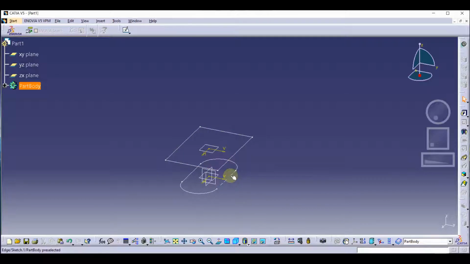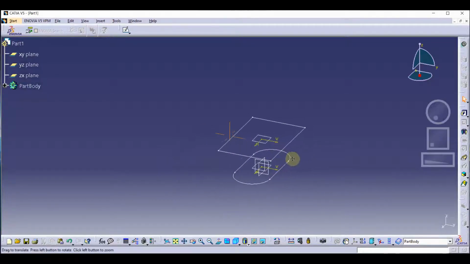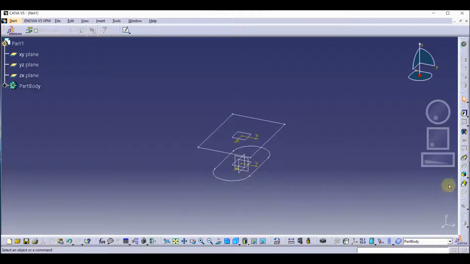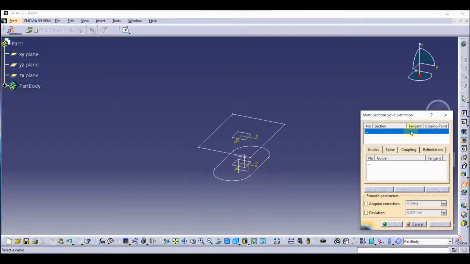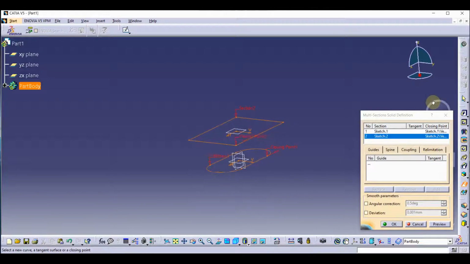Okay, now let's use the multi-section tool. As you can see the window has been opened and first of all we select the sketch. Okay, so we have selected our sketch. Now in the selected sketches you can see section 1, section 2.